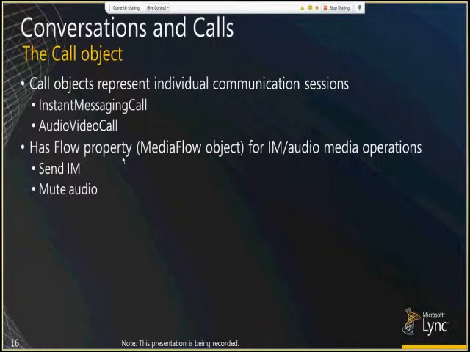So you don't have a direct connection in that case to the other users in the conference, which means if you want to send them messages or get information on them, all of that is being sort of proxied through the Lync conference. The Call class also has a Flow property, which exposes this object that allows you to do media operations like sending IMs or muting audio. And if you want to access things like conference information,